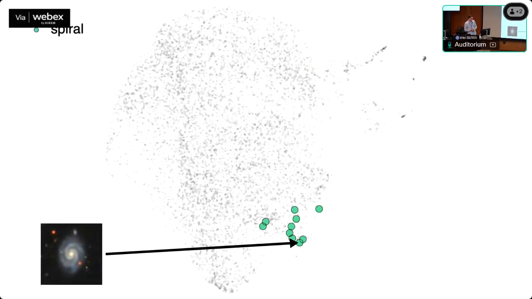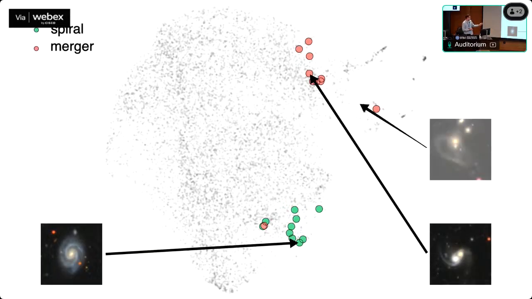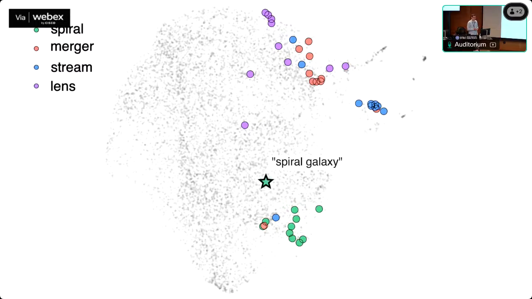As an initial investigation, and this is a real result, you can take images of spiral galaxies, mergers, galaxies with streams, and gravitational lenses. Put them in this space, and then you can put the text queries in that space as well. And they should lie in a similar region to the actual images corresponding to that text. You'll see for tidal streams, we just selected these images randomly, but the text lies on top of the actual galaxies with tidal streams, which I'm going to show you I actually use later. But you can kind of see, okay, it seems to be working.